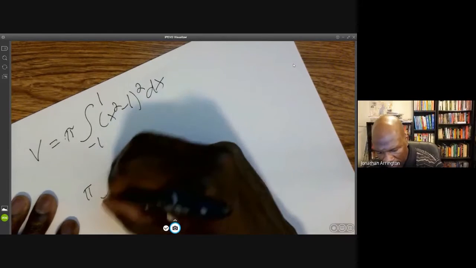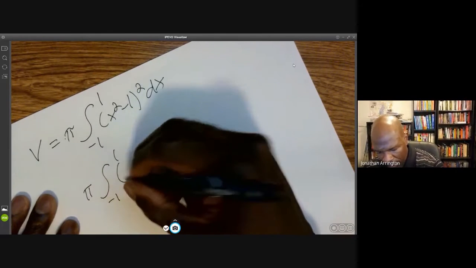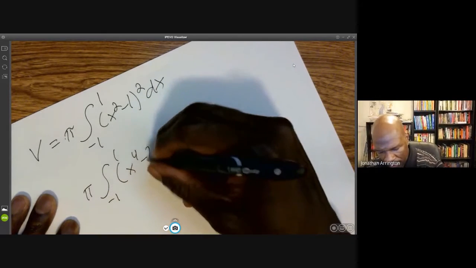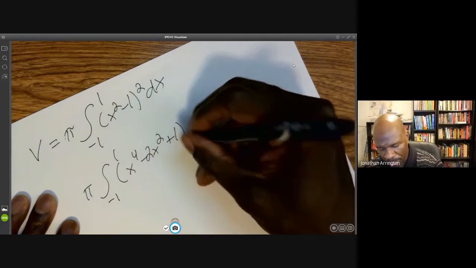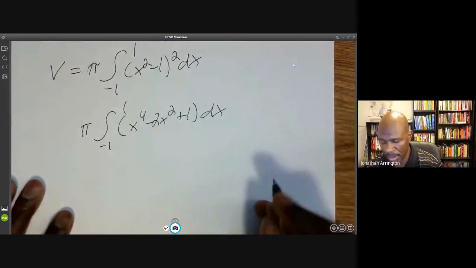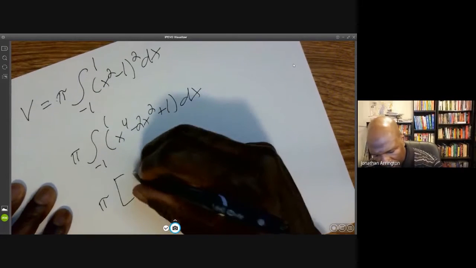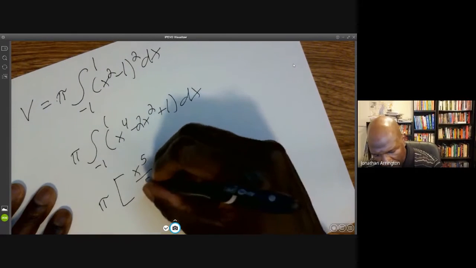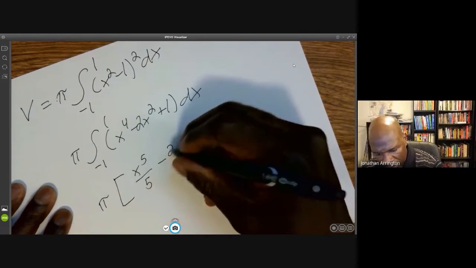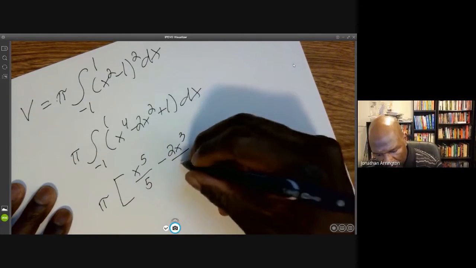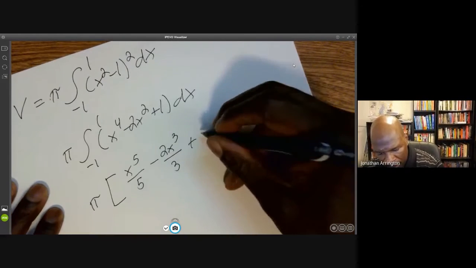So this is pi integral -1 to 1 of x to the 4th minus 2x squared plus 1 dx. And so that's going to be pi times x to the 5th over 5 minus 2x cubed over 3 plus x